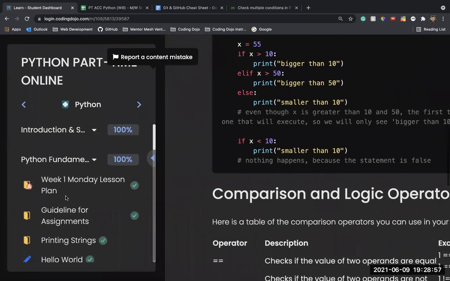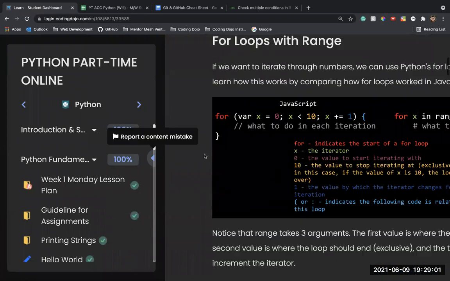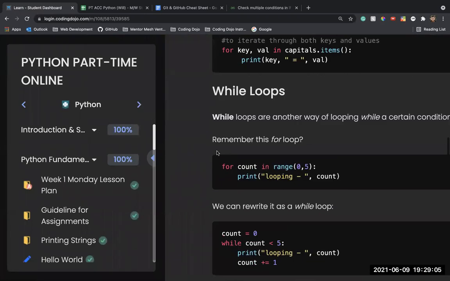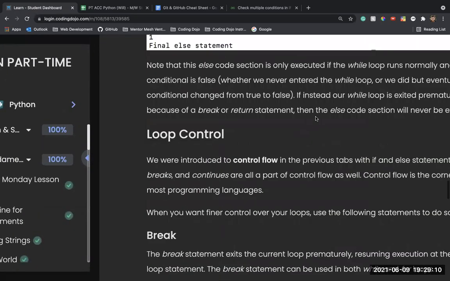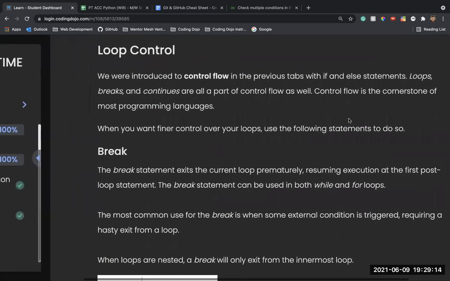Let's see. I know I talked about that right here. I think that's actually just in loops, sorry. This is loop control. This whole thing on the platform talks about breaking.